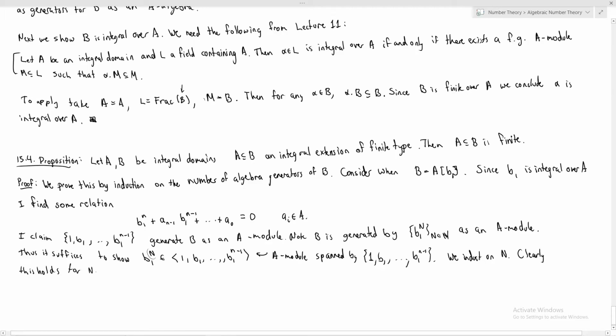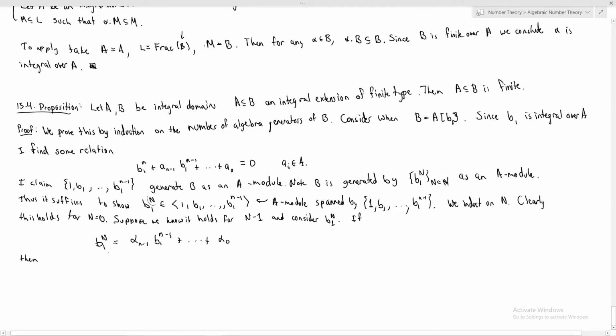Since 1 is in this thing. Okay, and suppose we know it holds for, let's say, big N minus 1, and consider N. Well, if b1 to the n equals alpha to the n minus 1, b1 to the n minus 1, and so on, then